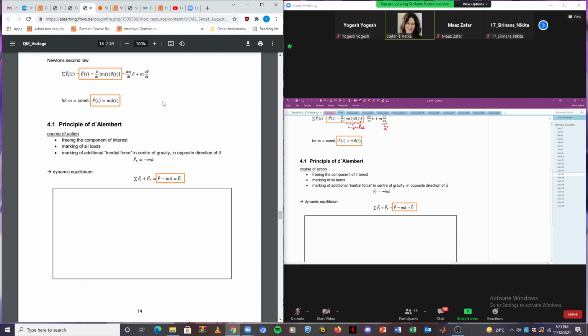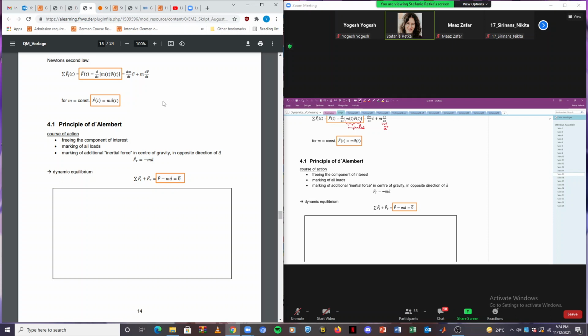Okay, for obtaining the solution, we apply the principle of D'Alembert. And what this means is what we will discuss in the next few minutes. In case of a point mass that performs a general motion, the obtaining the solution, meaning describing the forces, describing the loads acting on the system and causing the motion,